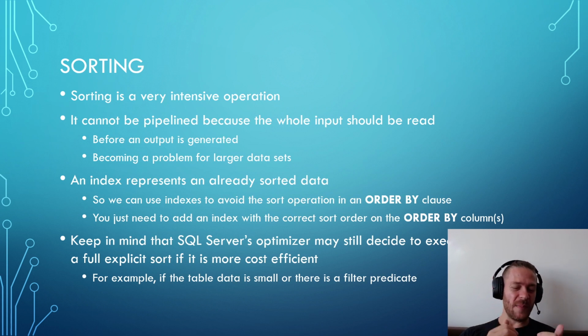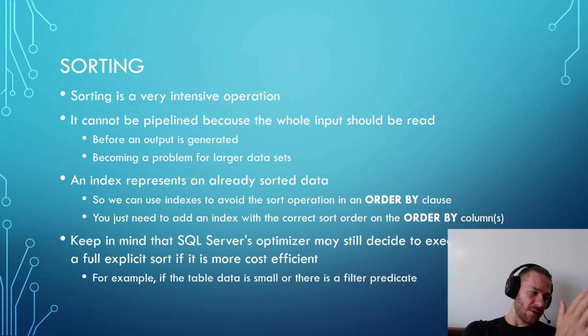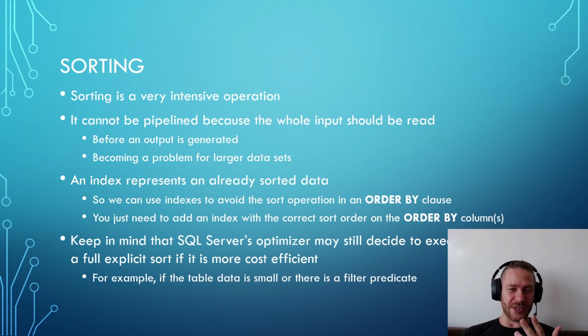And if you have millions of records, sorting needs to fetch all the records in the database, then execute the sort operation on all of these records, and then return the result. This is why it's a more intensive operation, because sorting cannot be pipelined. You cannot get the first 10 elements, sort them, then get the next 10 elements, sort them too, and so on. Sorting needs the whole table